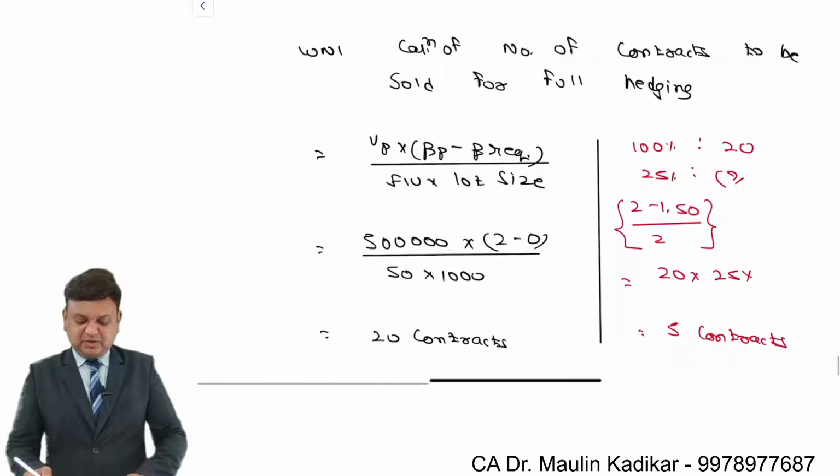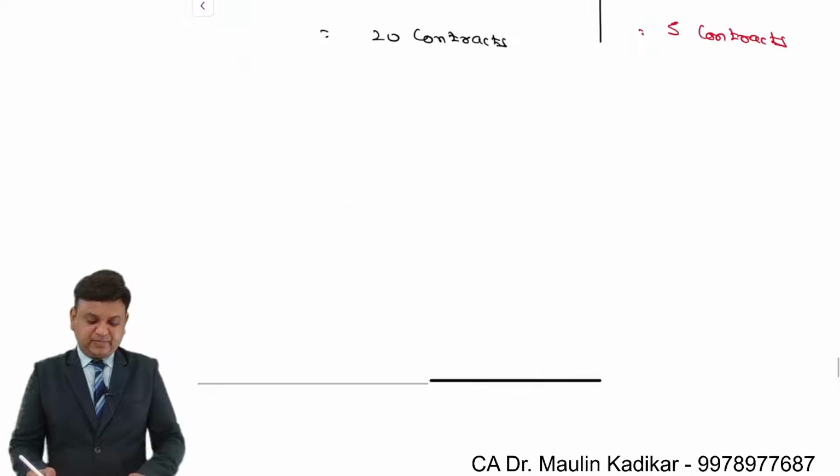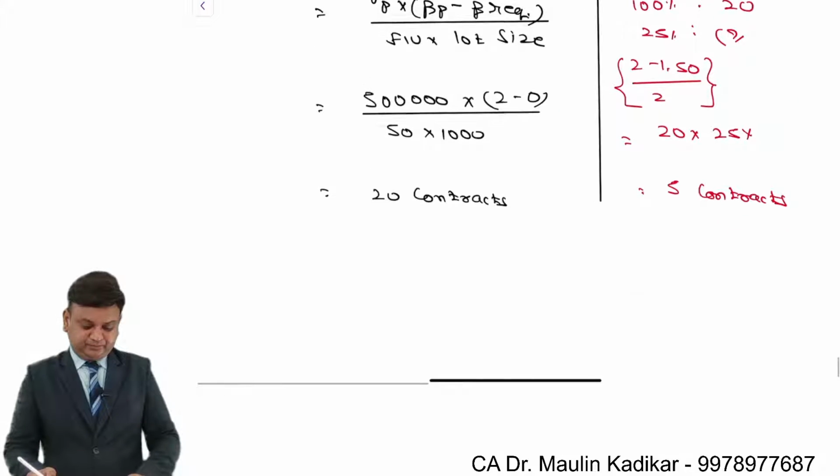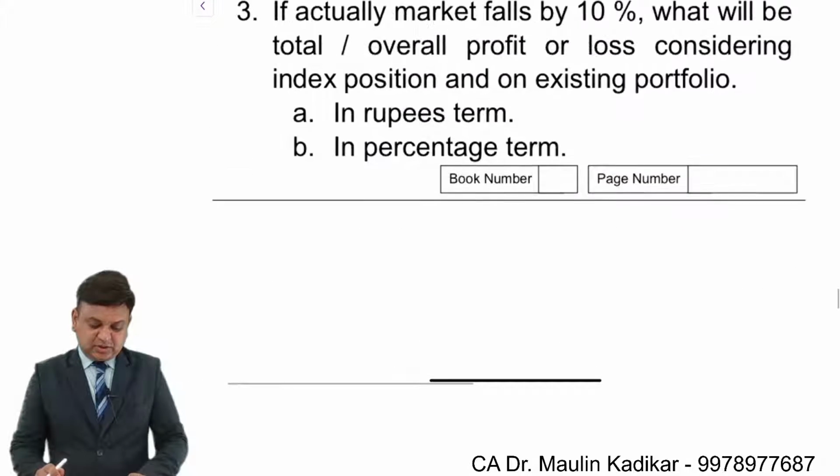This is the way the number of contracts to be sold can be calculated. Again, the answer is over. Now the third question is provided to us. The third question is,